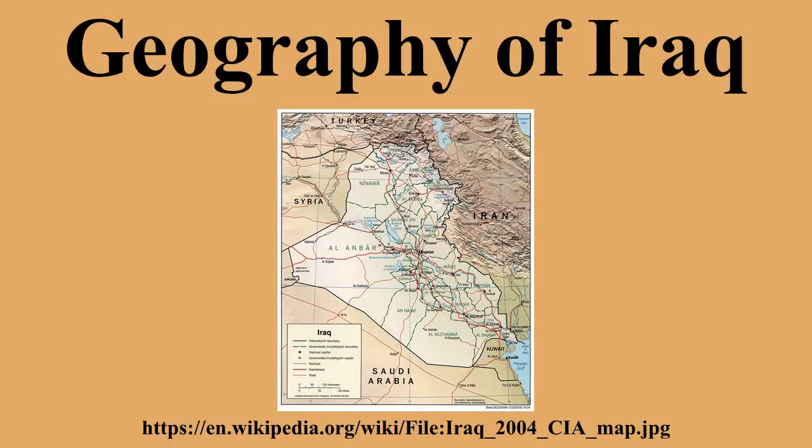Climate. The climate of Iraq is mainly a hot desert climate or a hot semi-arid climate at the northernmost part. Average high temperatures are generally above 40 degrees Celsius at low elevations during summer months, while average low temperatures can drop to below 0 degrees Celsius during the coldest month of the year during winter. The all-time record high temperature in Iraq of 52 degrees Celsius was recorded near Nasiriyah on 2 August 2011.